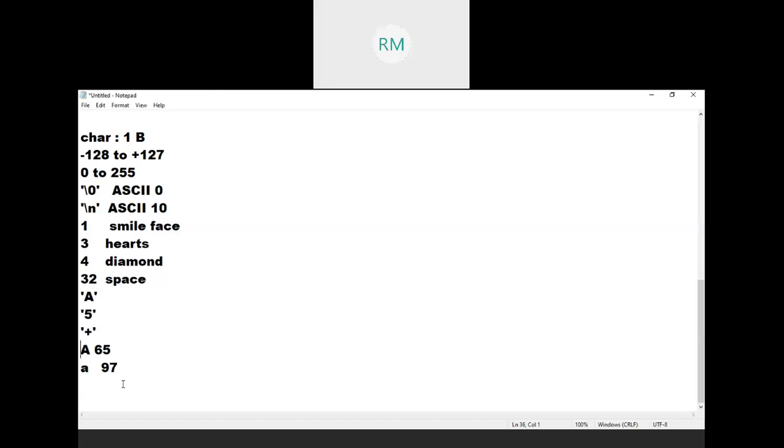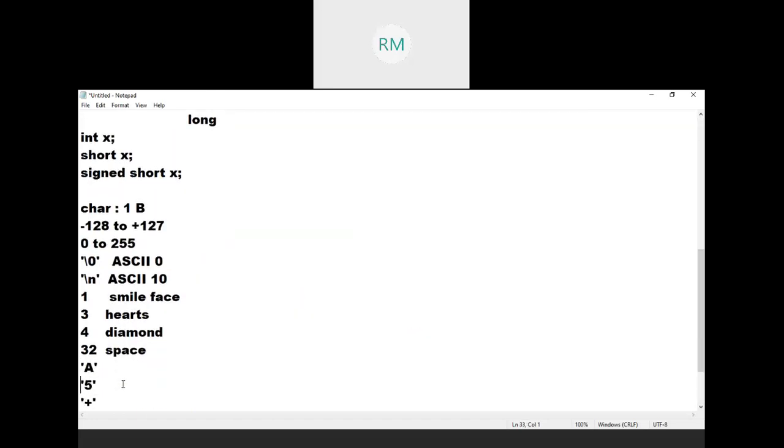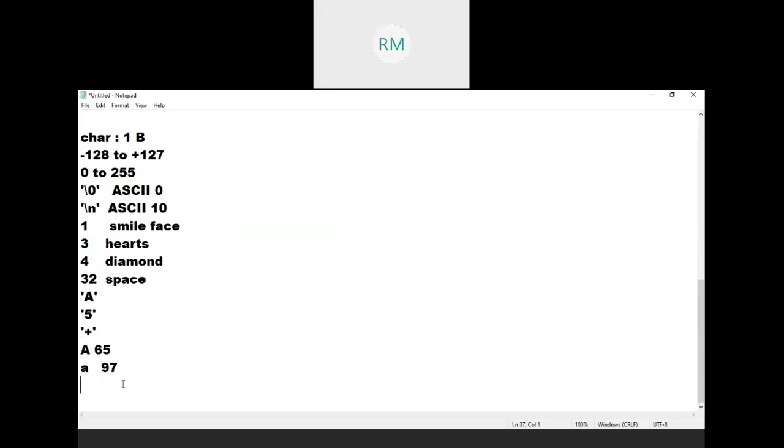Okay, that's about the integer data type. Integers are nothing but numbers without fraction. If you want to represent numbers with fraction, then we use the float data type, floating point numbers. A number with a fraction is called a floating point number. In floating point, we have float type as well as double type. Float type represents single precision, double type represents double precision. Precision here means the number of digits after the decimal point.